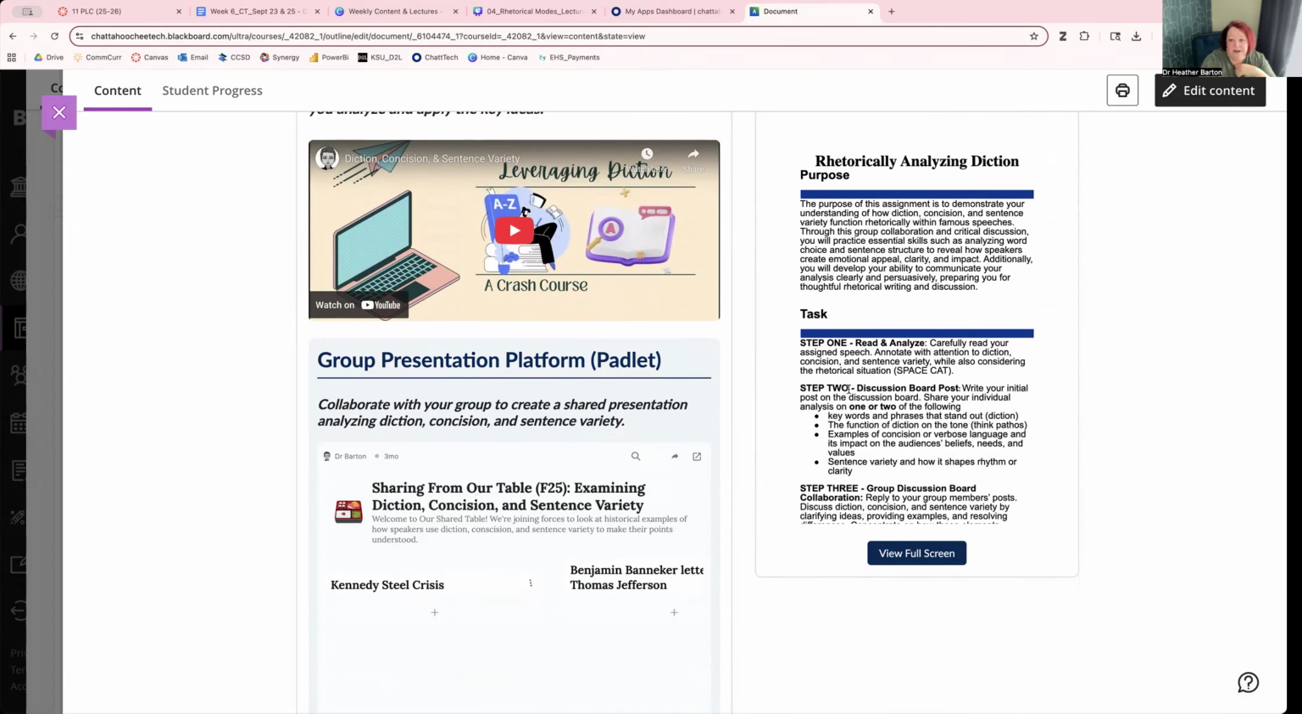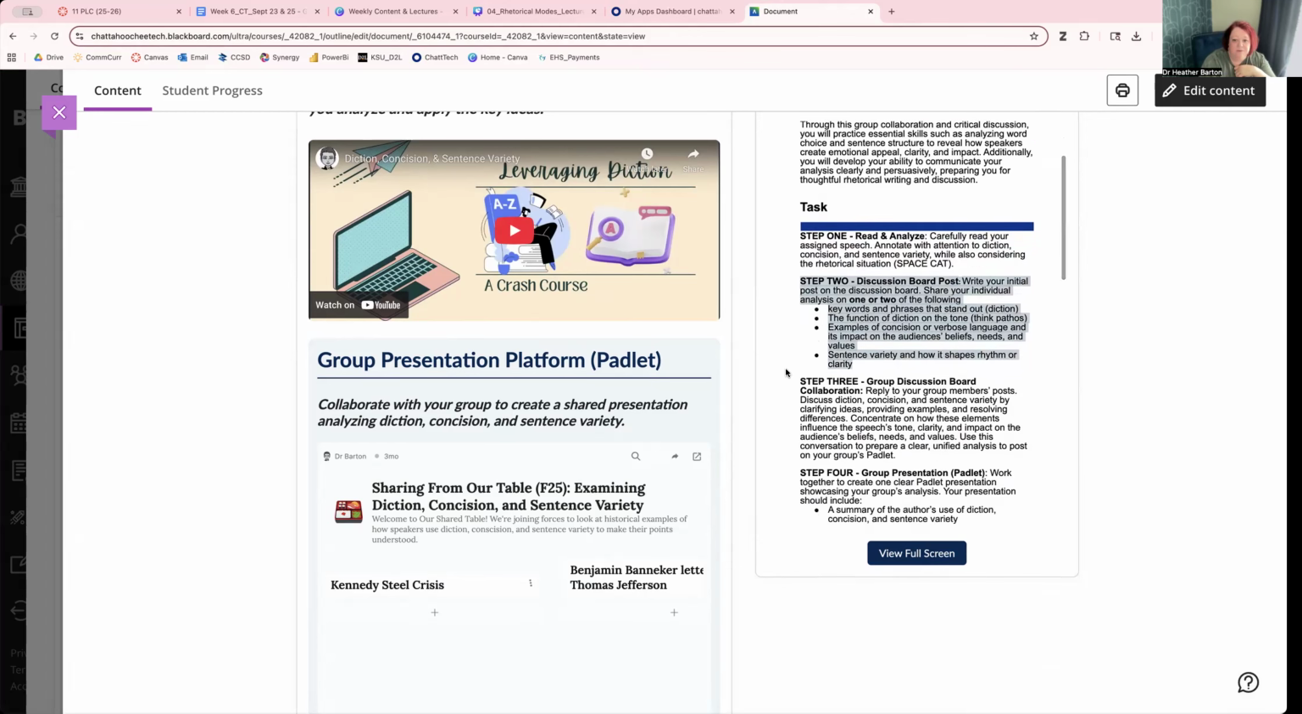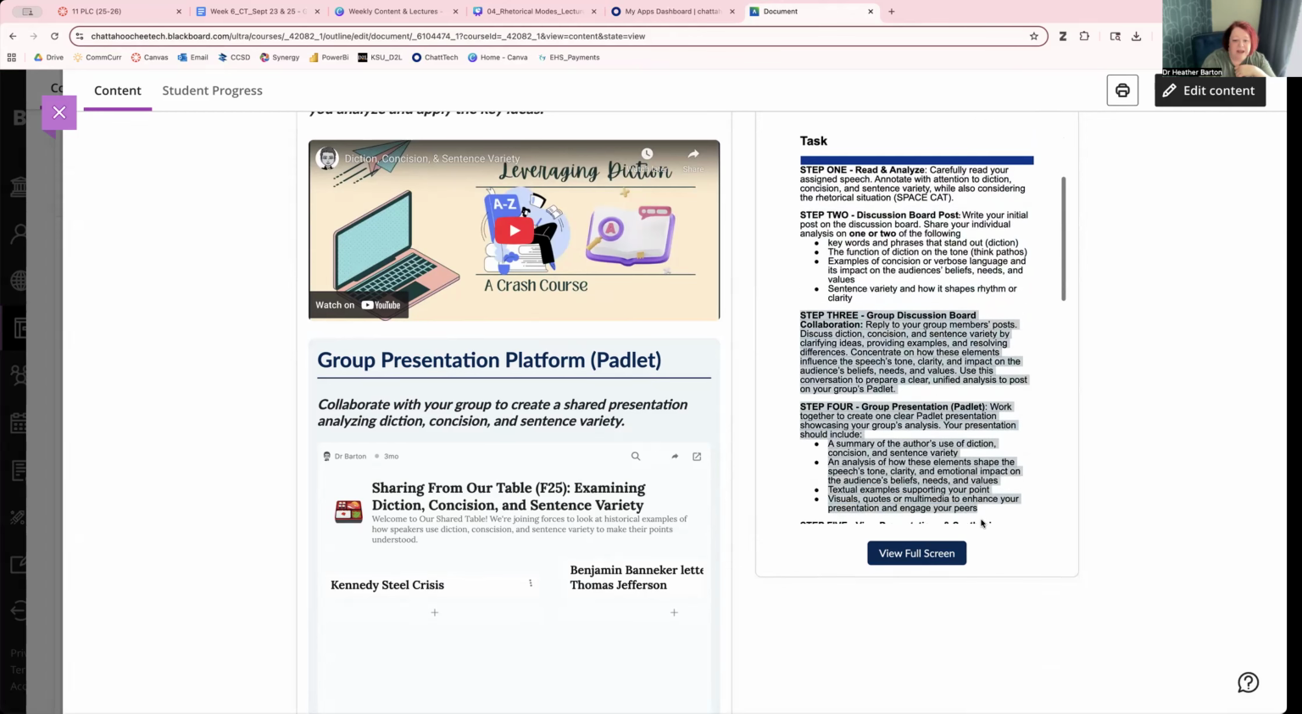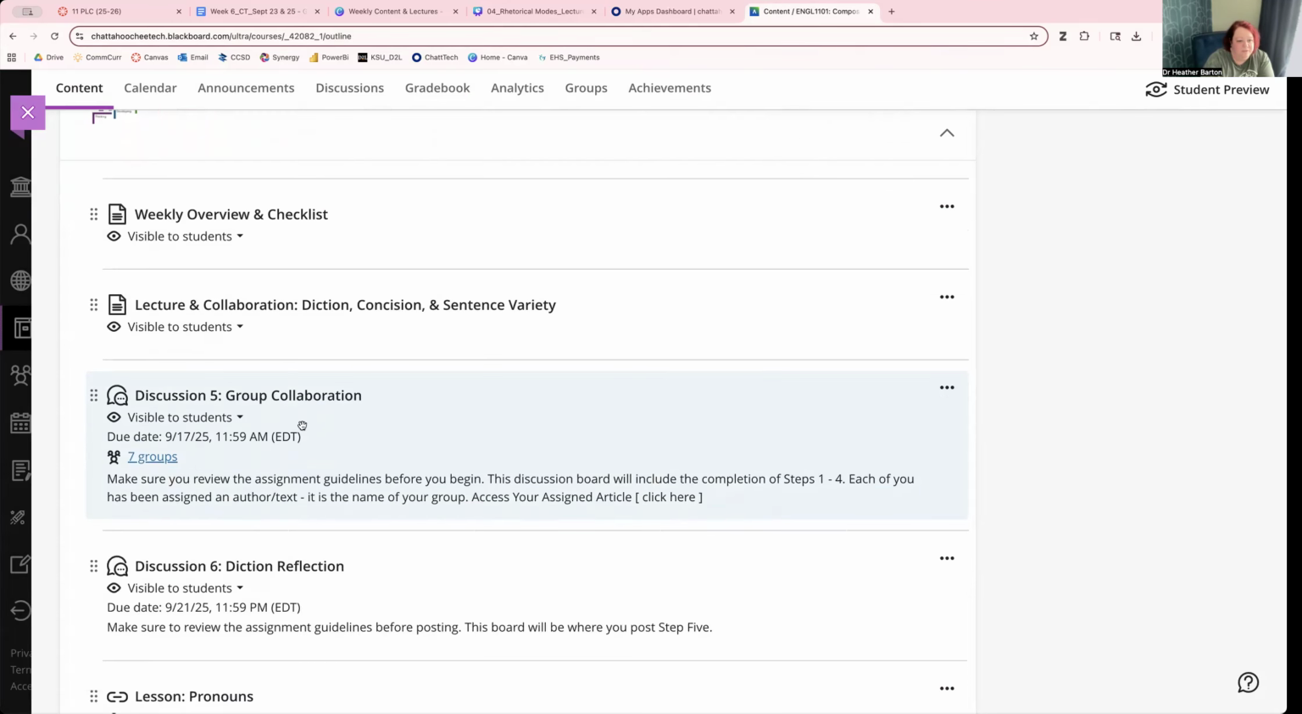You will be doing a discussion board, as you can see in step 2 here first. So you have each been assigned an article that you will read. You will participate in a discussion board with your peers, and then you will collaborate on how your outcome is going to look on our Padlet. The discussion is here for you. You can see I have 7 groups linked here. When you go into your discussion, you're going to see the title of your speech